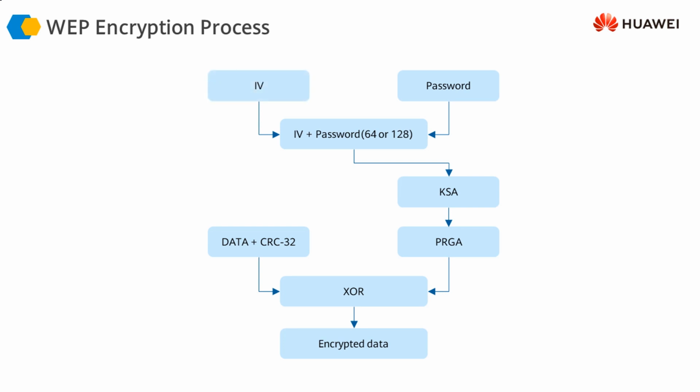And if the same IV is used multiple times, anybody who is eavesdropping, anybody who is listening to the communication, might use those repeated IVs for cracking the password or cracking the key, and they could get hold of this key. And once they get hold of this key, then it's as simple as ABC for them to decrypt your data. So basically they are looking at everything that you are exchanging, and these days it's become very easy with the powerful tools that we have to crack this, and actually using this IV to crack this password. So this is the reason why WEP is not considered to be a very secure protocol.